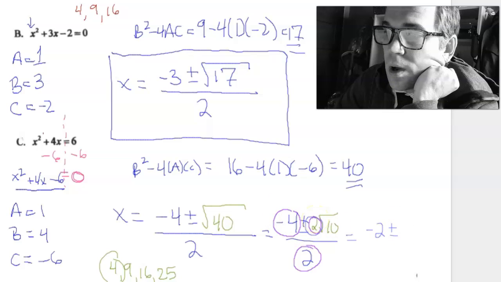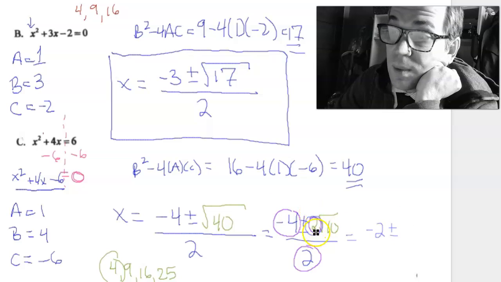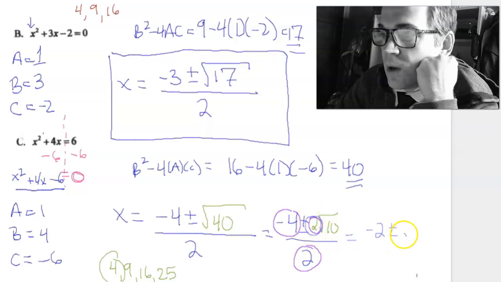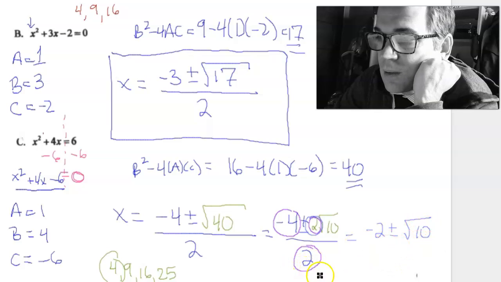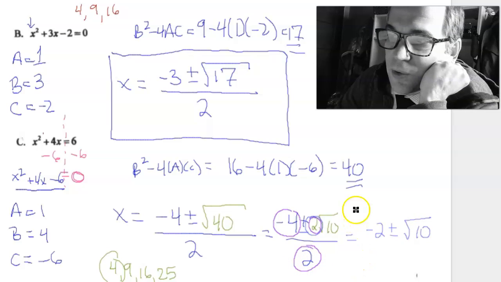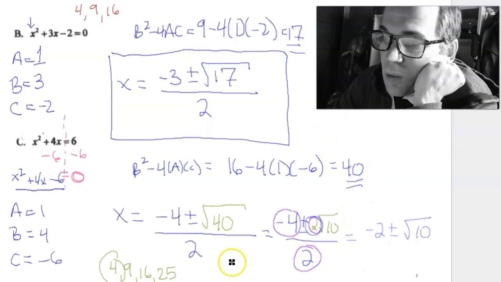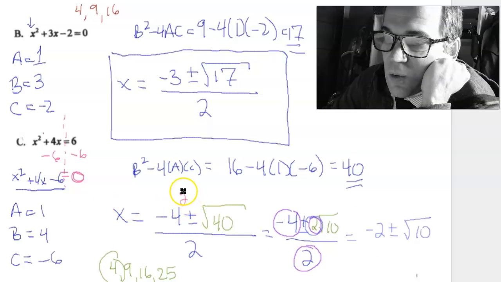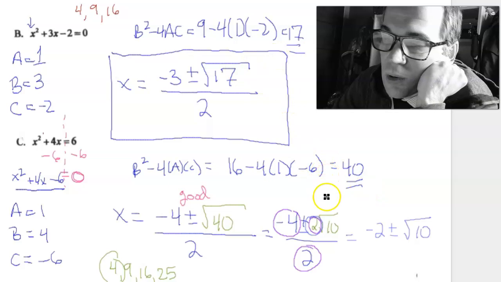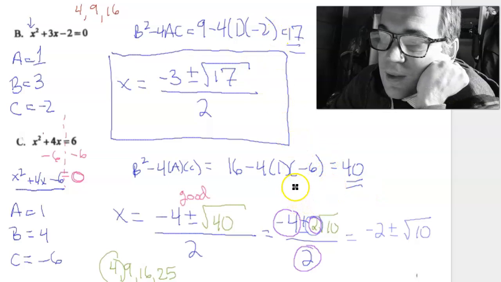This would become a 1. So it's going to be 1 times the square root of 10. I'm not going to write the 1 down. There's no reason to. And then the whole thing would be divided by 1. But again, when you divide by 1, there's no reason to write it down. So as I said in class, if you're doing this stuff, this answer over here is good. Like, this shows me you kind of understand the basics of how to apply the quadratic formula. This answer is better